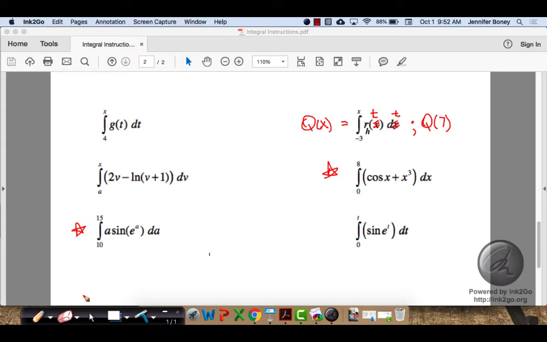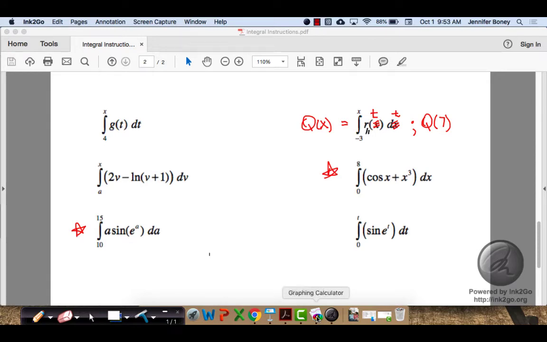Because there's actually also a function rule. So this would be the accumulation between 10 and 15, bottom left one, due to a rate function with independent variable a taking on all the values between 10 and 15, a times sine of e to the a, dA. So I let a take on all the values between 10 and 15 to generate all the different rates that we're using within that interval. And so let me just show you on GC, actually,